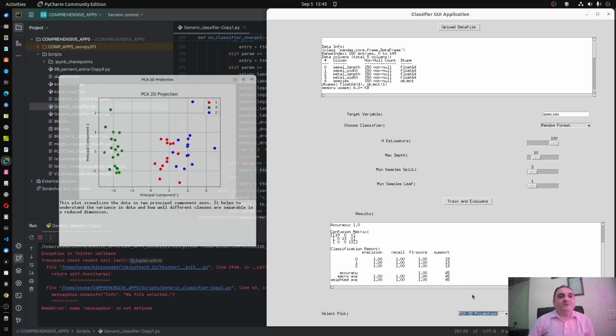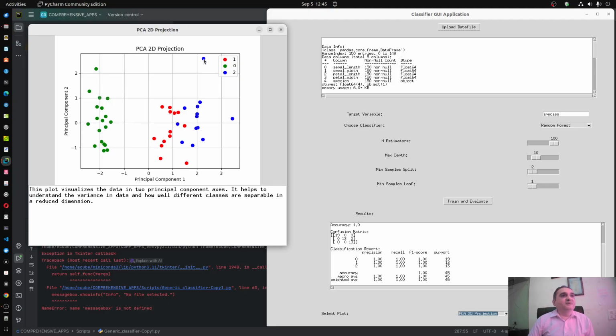Okay. Now 2D projection. And here you can see there are some null values, no, these are not null values, I'm sorry. These are three classes actually: 0, 1, and 2, Setosa, Virginica, and versicolor.